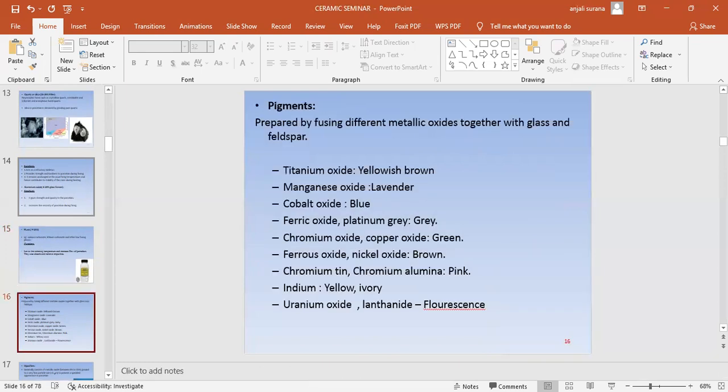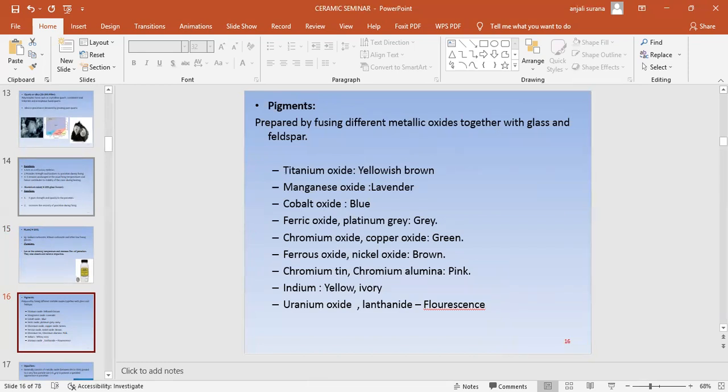Next, pigments. Prepared by fusing different metallic oxides together with glass and feldspar. So we have titanium oxide that gives yellowish brown pigment, then manganese oxide that gives lavender appearance, then cobalt oxide bluish, then ferric oxide platinum